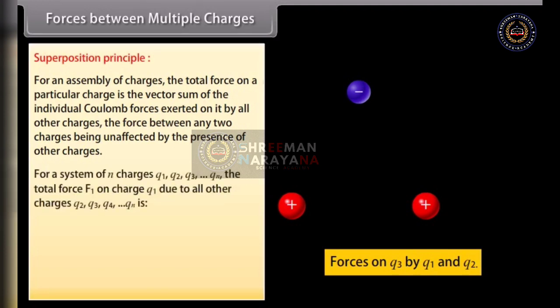For a system of n charges, Q1, Q2, Q3 and so on till Qn, the total force F1 on charge Q1 due to all other charges Q2, Q3, Q4 and so on till Qn is F1 is equal to F12 plus F13 plus F14 and so on till F1n. This equation can be written as